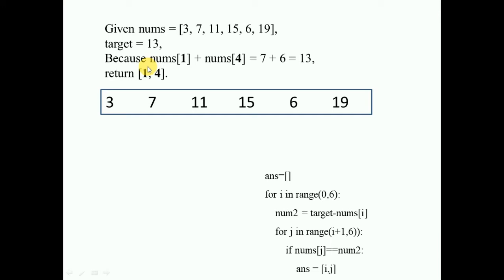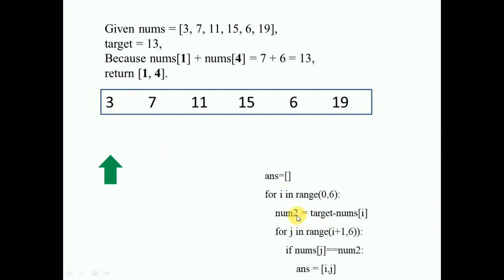So let's understand it by doing this. We have written a code for that: for i in range 0 to 6. That means we are going to start a loop from the 0th element to the 6th element, which is actually going to be 0 to 5. So 0, 1, 2, 3, 4, 5, and we subtract the element from the target. When our loop comes for the first time, the arrow will be pointing towards 3.